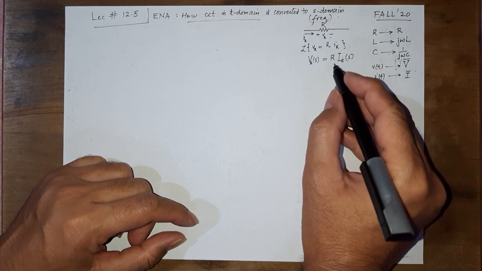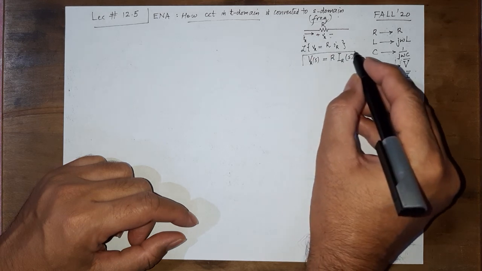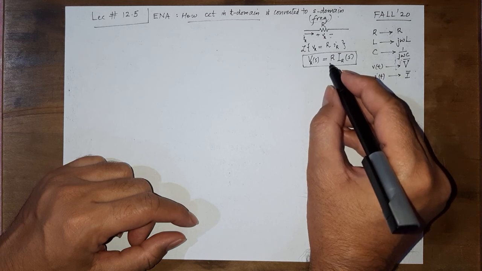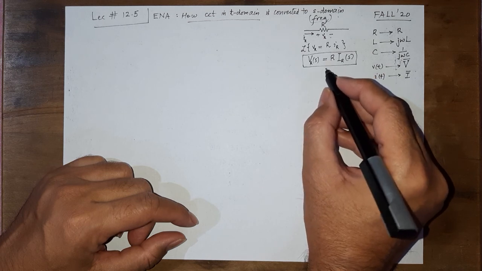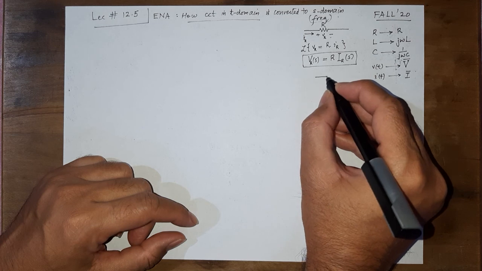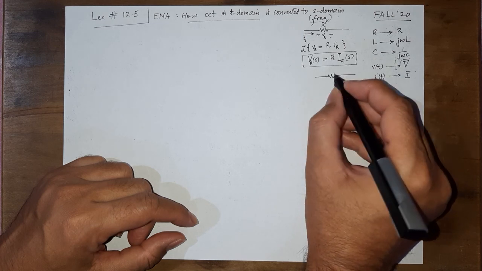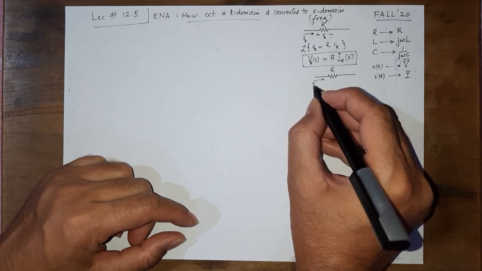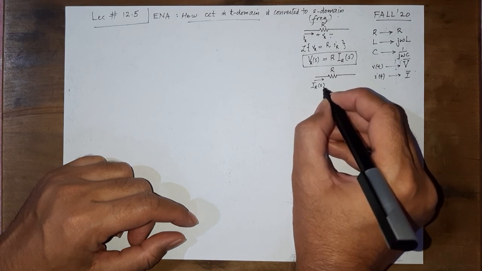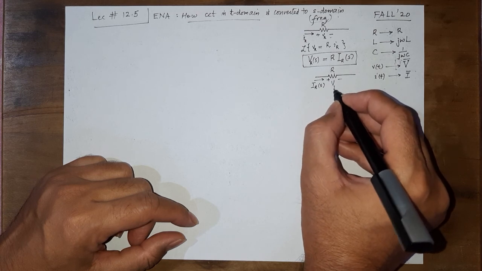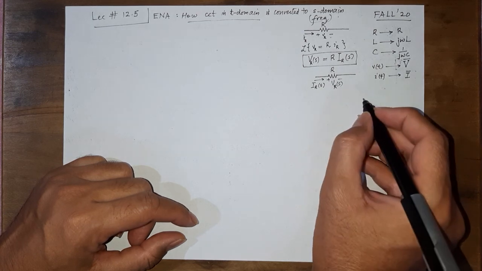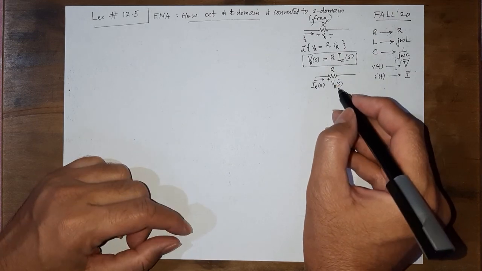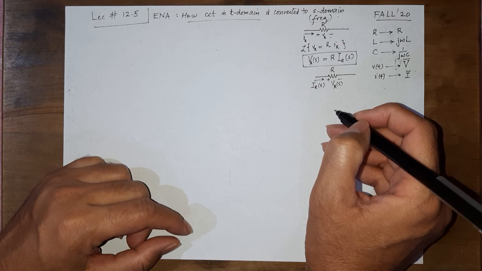So that's it. So you can see that this form is identical to that of Ohm's law. So even in the frequency domain, R is going to remain an R. That small IR now is going to be converted to IR of S, and the voltage across the resistor would be capital VR of S, and that's it. So you can directly apply Ohm's law and write the relationship for a resistor.